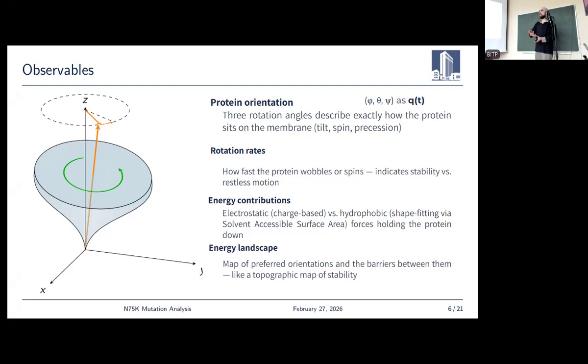These angles, rotation calculated in ZYZ Euler angles sequence. I don't remember how it's named in English. Precision has no meaning because membrane